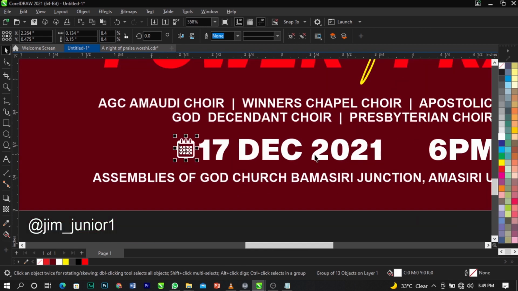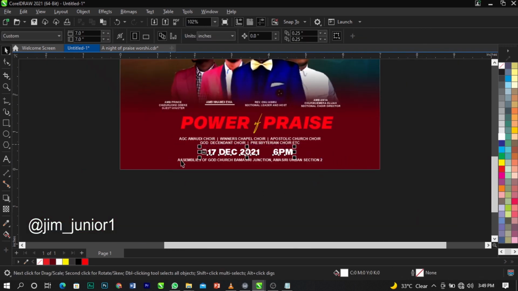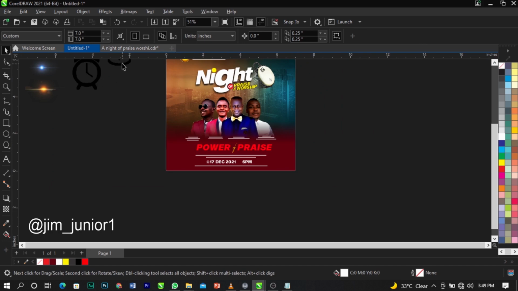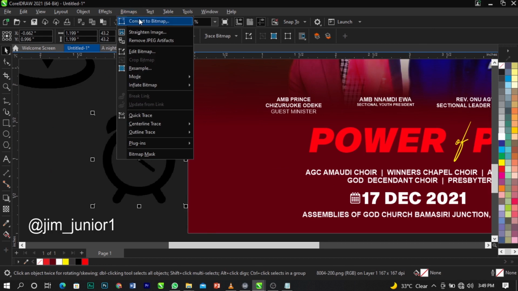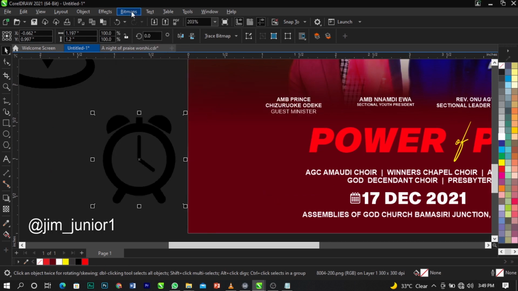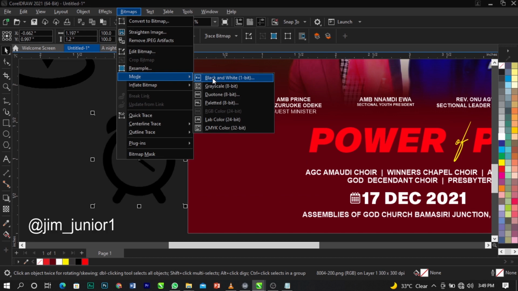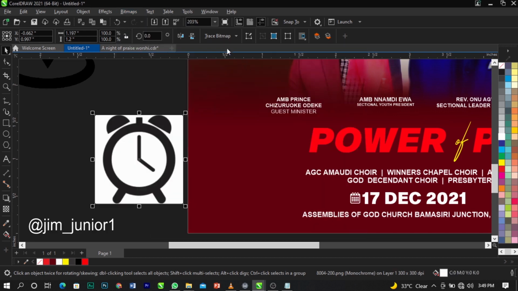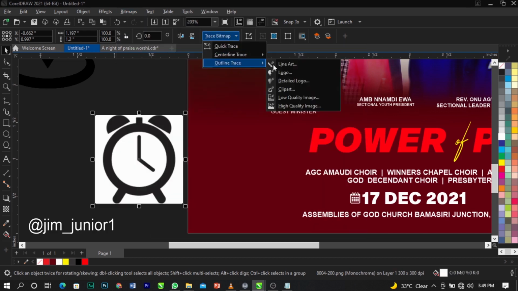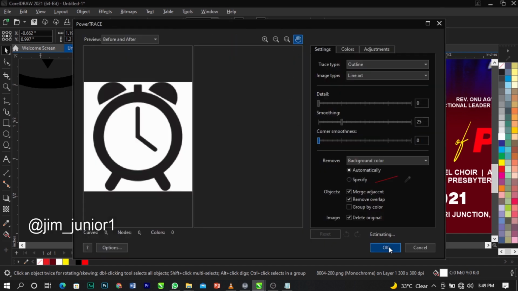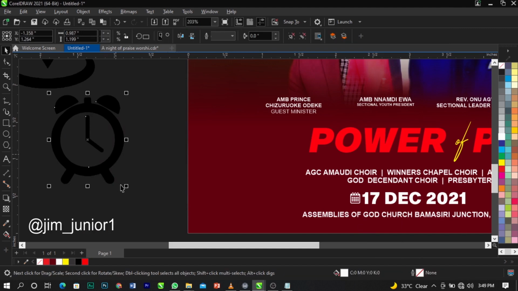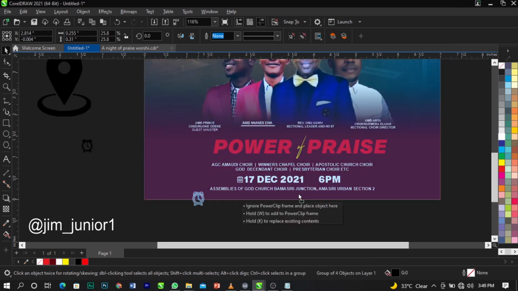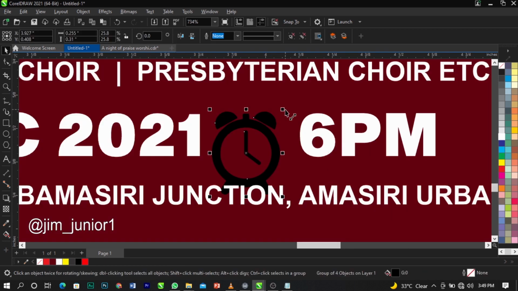Alright, so once you do that, this is what you're going to have. So bring in the venue and the time icon, reduce this, bitmap it, mode black and white, and OK, then trace bitmap line art. Alright, then wait for it to load again, and once you're done loading, this is what you're going to have. So you're going to extract this, delete this one, and scale it down a bit, then place it over here. Alright, then give it a white color